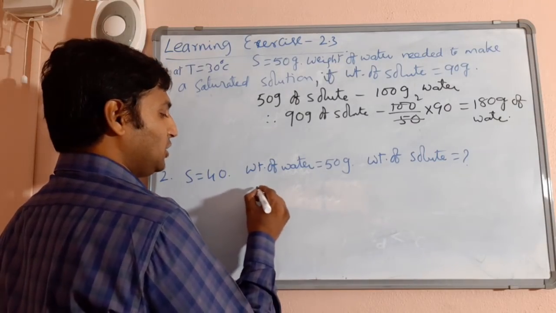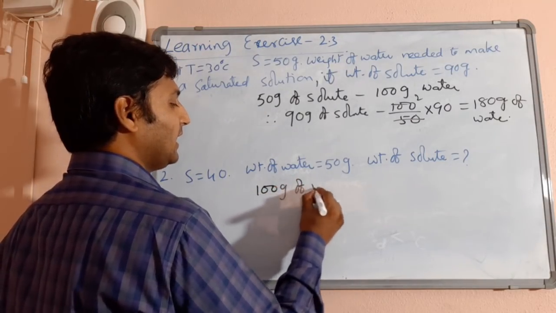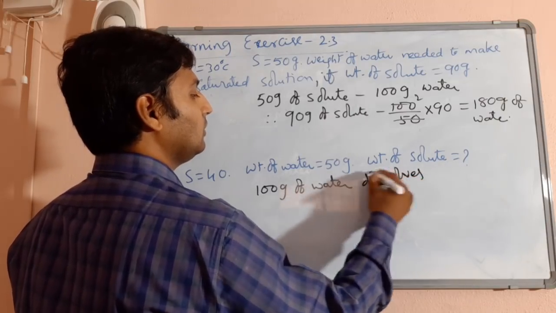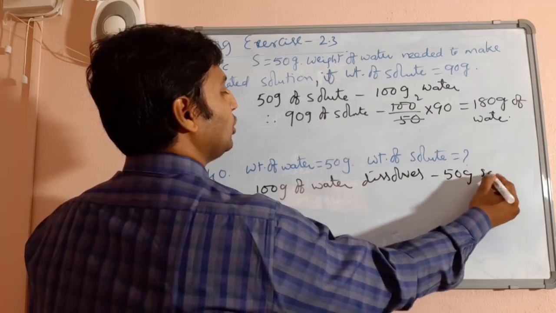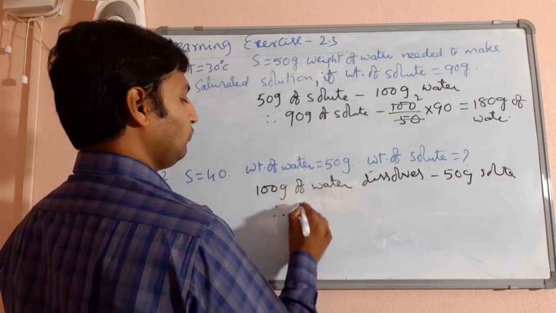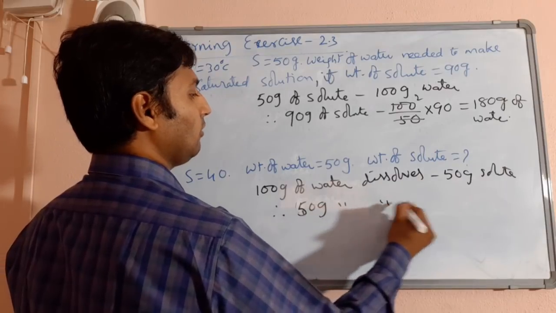So as per the definition of solubility, 100 grams of water dissolves 50 grams of solute, therefore 50 grams of water can dissolve